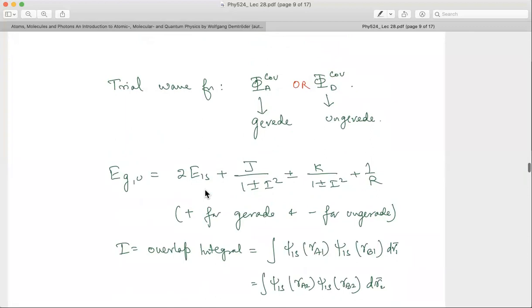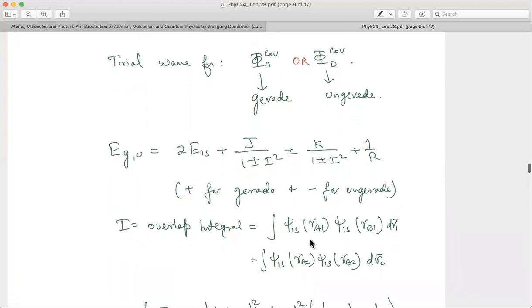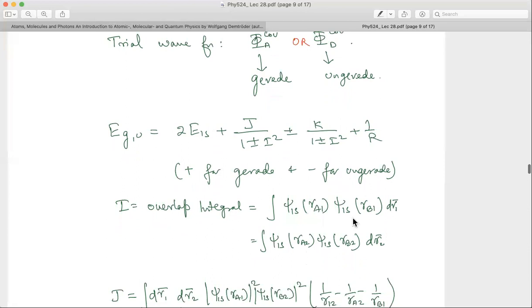So without writing explicitly, if you calculate the overlap integral, which is just phi A of R1 times phi A of R2, then that will involve terms like the integral over dr1 of psi 1s ra1 times psi 1s rb1. So the one electron is either localized here or localized on that nucleus, and they are overlapped. And if I label that electron as 2, then nothing changes. So the overlap integral has to be identical. Okay, so that is number one.